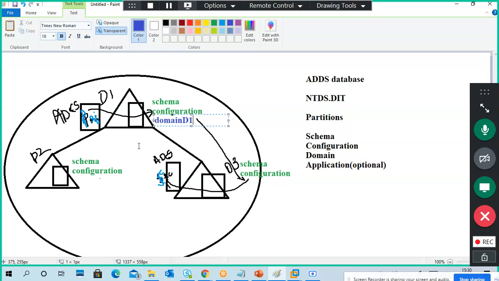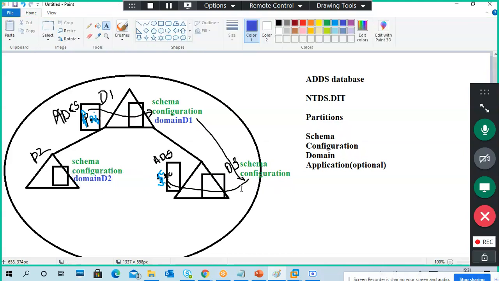That domain related information, the user information, computer information, group information, OU information, services, resources, is stored in domain 1. In domain 2, the domain 2 data information is stored in this domain partition. Same thing goes for domain 3.